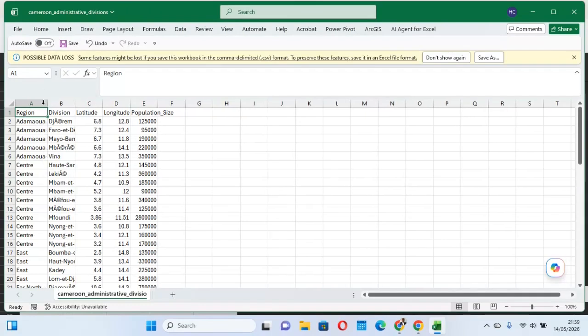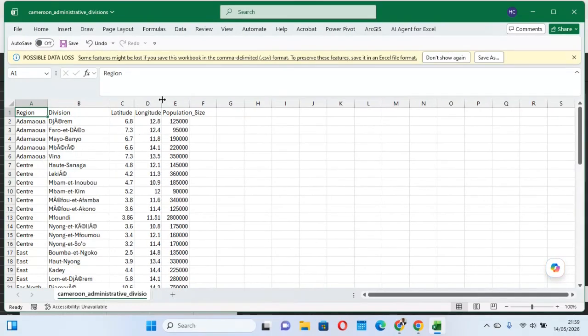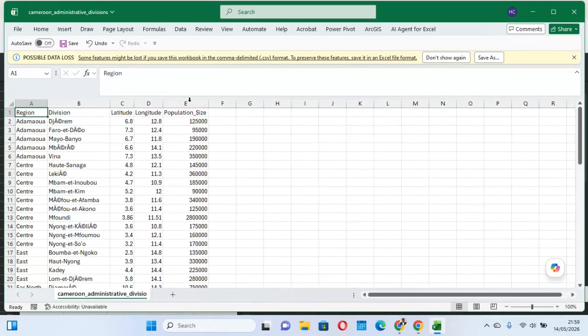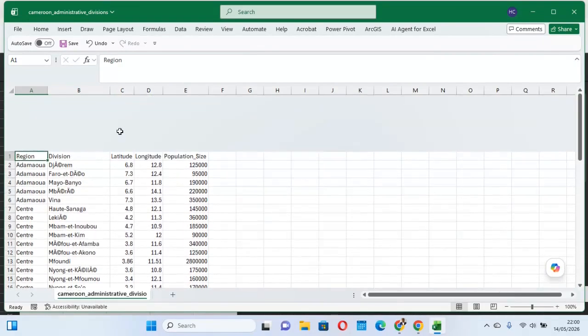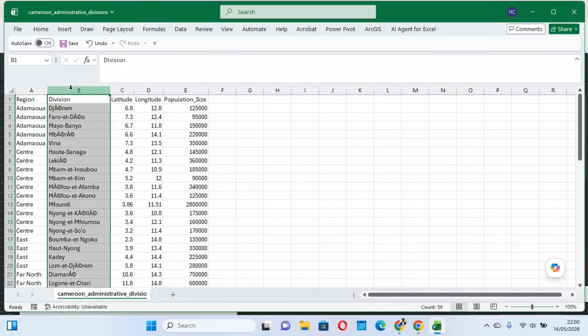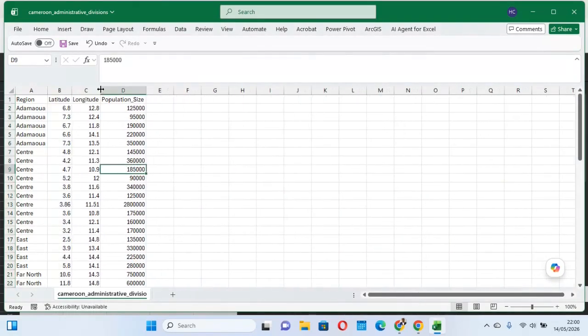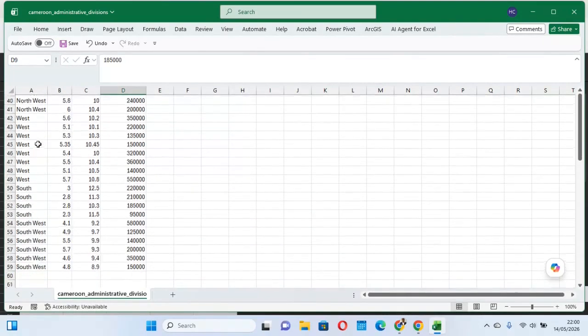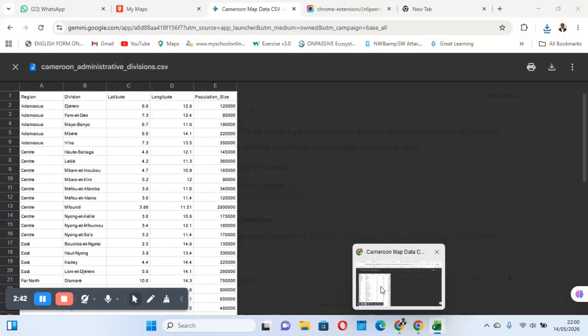So you see that we have the regions, the divisions, the latitude, the longitude. This was given to us by AI. So it goes online and selects that file and brings it to us. Okay. So I'm going to delete these divisions. I don't need this now. I see the file is very dirty. If I have to start cleaning that, it also needs another time. So the regions are clean. So we'll just go by this. Okay. So I'm going to save this as Cameroon maps